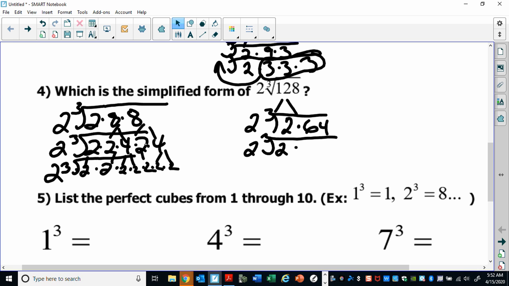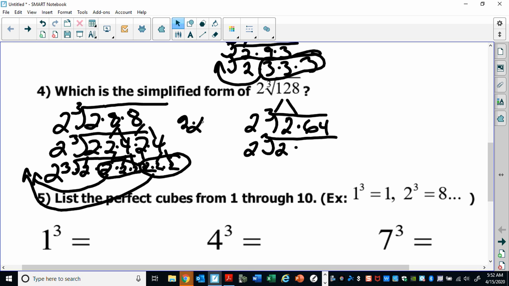Alright, now, if you've done this correctly, we should have 1, 2, 3, 4, 5, 6, 7. So I'm looking for groups of 3. That's a group of 3. And that's a group of 3. So because I have two groups of 3, I'm going to bring 2 out to the front. I'm going to bring another 2 out to the front, right? So now that's going to look like 2